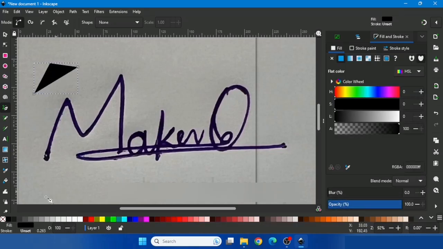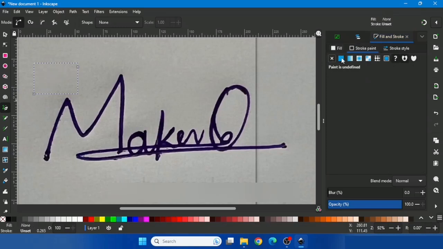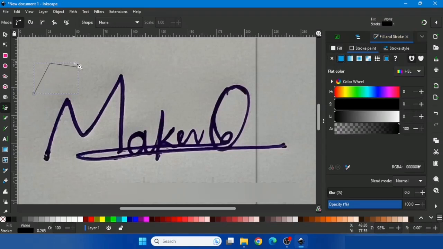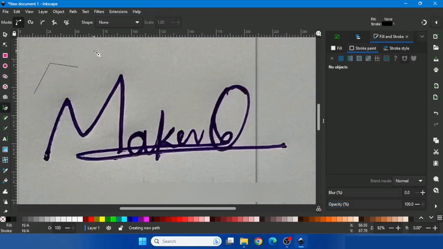If you're getting like this, click here. Then you will get this window. In Fill, select this. In Stroke Paint, select this. Now it's single line. To draw a straight line, click,